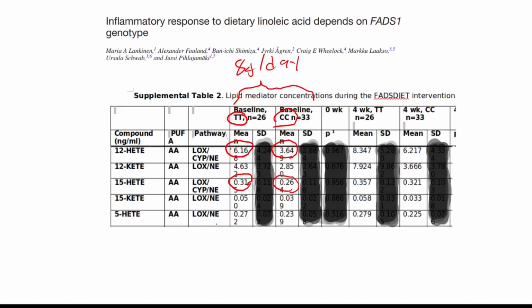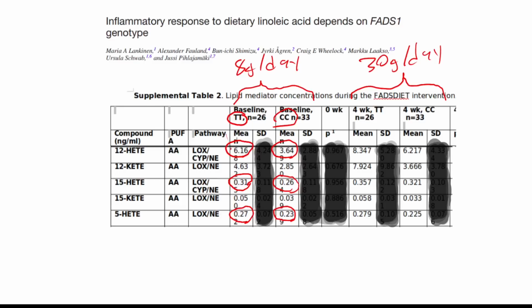And when you look at 5 heat, again, the people with the TT allele have a little bit higher 5 heat than the people with the CC allele. And so what they do in this test is they give people for 4 weeks this high PUFA diet. So now they're eating 30 grams a day of linoleic acid. And you can see what happens is